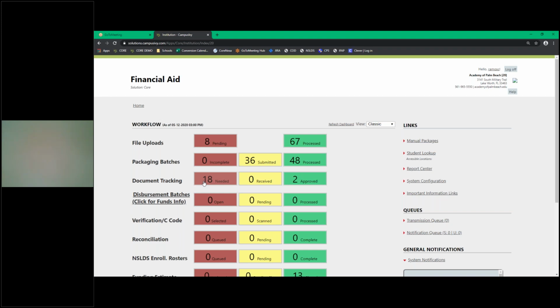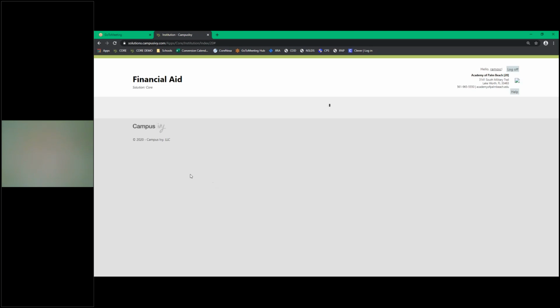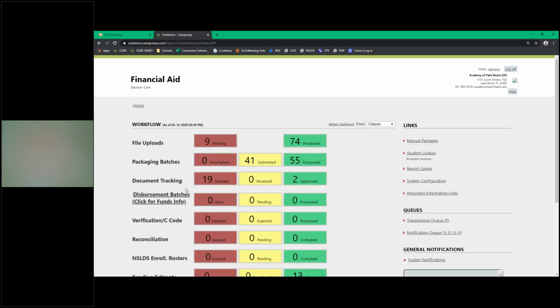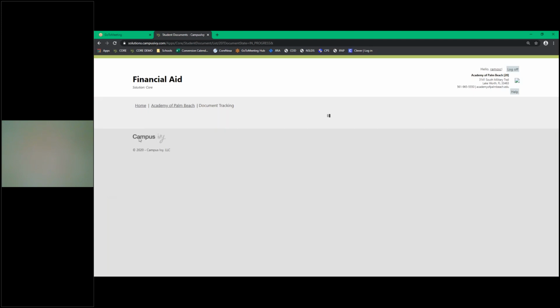So once you add your new student, again, I had mentioned earlier, a lot of things are happening in the system, a lot of automation. So essentially it's creating a profile page for that student. So I'm going to refresh the dashboard here. I just clicked on that button and you're going to see the document tracking had increased to 19 because I had added that student. So once I go in and click onto document tracking, this is again going to highlight